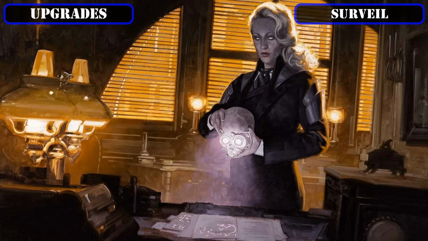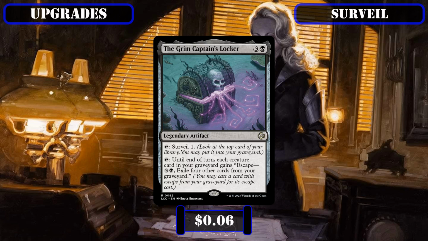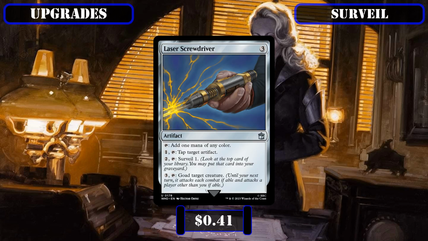Starting in the former camp, we'll be cutting the just okay removal or reanimation source Connive // Concoct so we can make space for the Grim Captain's Locker, which provides the build with another source of repeatable surveil that, once our graveyard becomes saturated with excess cards we can't recur, we can start using as another reanimation source via its escape granting to get more of our creatures back into play, scrapping the unfocused Egg Ransom Note so it can be replaced with the Mana Rock Laser Screwdriver, which accelerates our mana base and can repeatedly surveil unlike its predecessor,